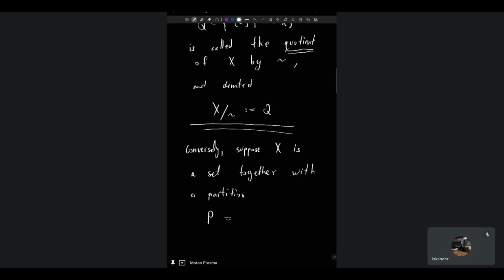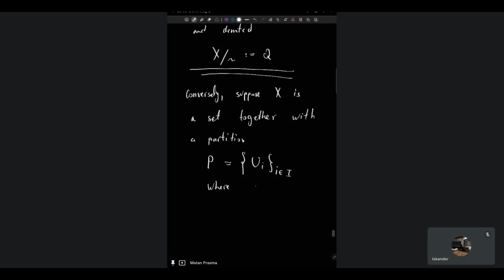It's a collection of subsets of X. So it's a set of U_i, where i is some element in an index set I, where for each index i in big I, U_i is a subset of X,